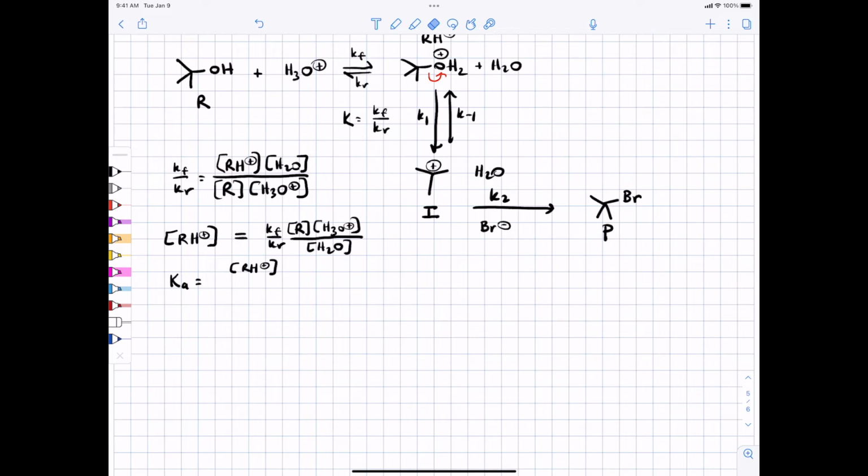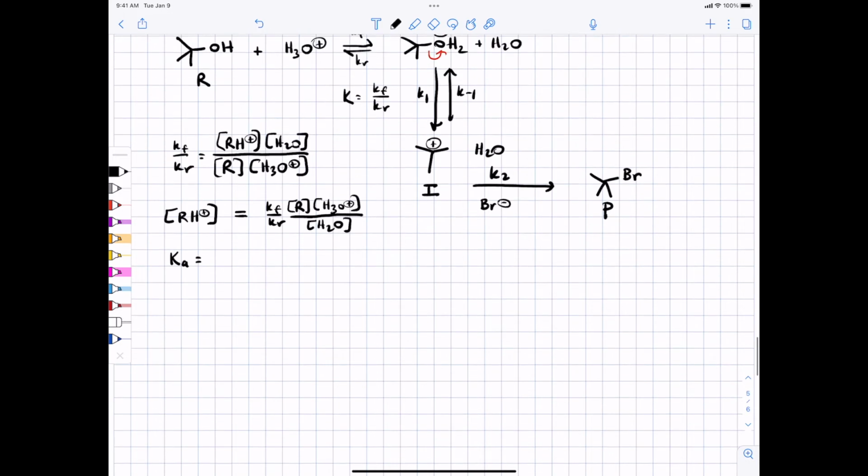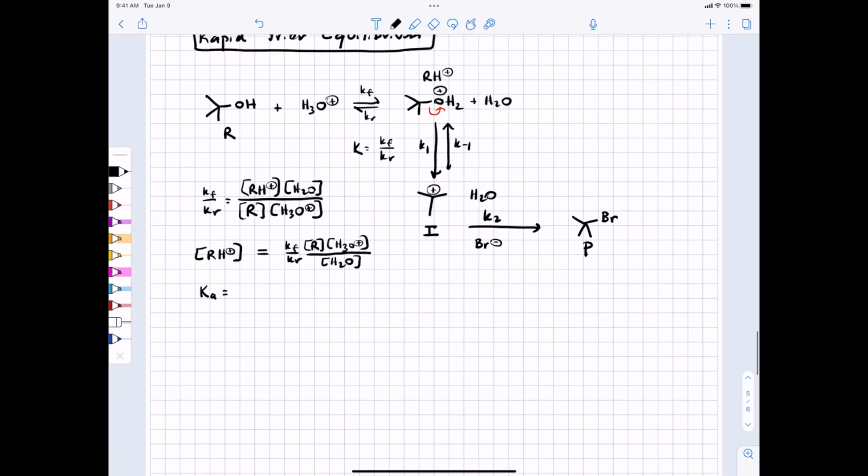The Ka for the protonated alcohol is the concentration of RH plus, acid dissociation constant for this reaction. And it turns out that,